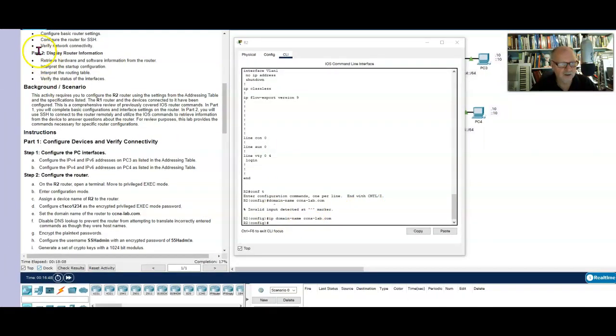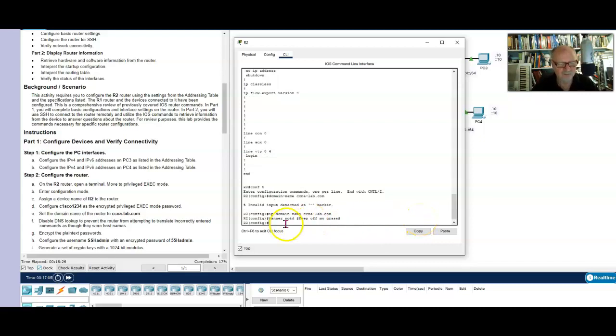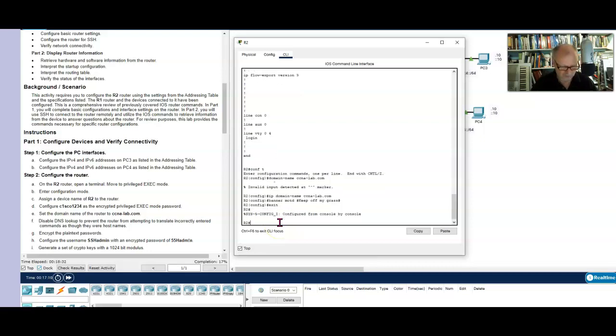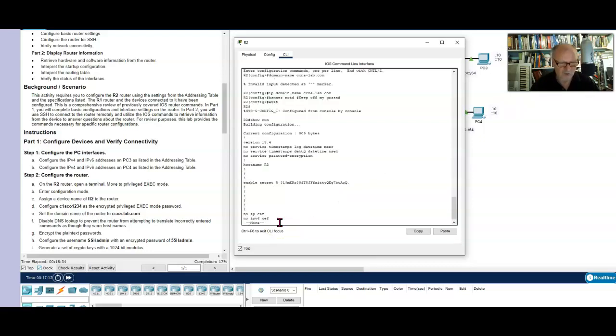And then back in here, I will type banner MOTD, keep off my grass. Well, that wouldn't be an official one, but keep off my grass. All right, I have set the banner, and let me double check that. I'm going to exit from this mode and do a show run.